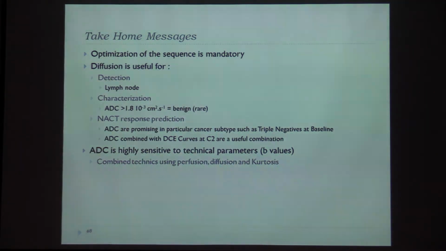And take into account kurtosis and perfusion signal when you change your b value, because there are a lot of papers that show us that it's very interesting to increase the b value, like in prostate imaging using 2000 or 3000 b value. Be careful because you have this kurtosis signal.